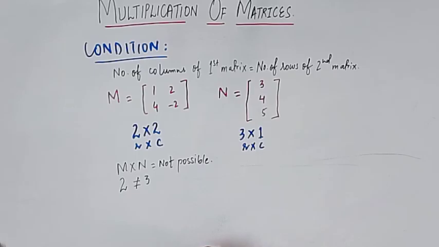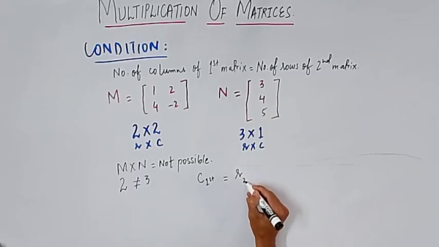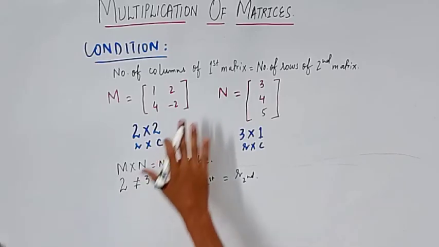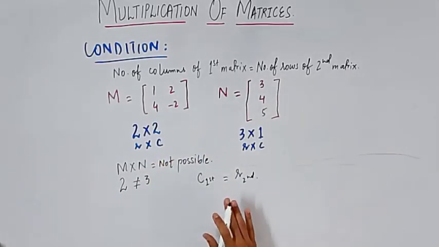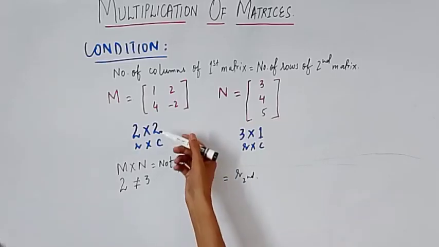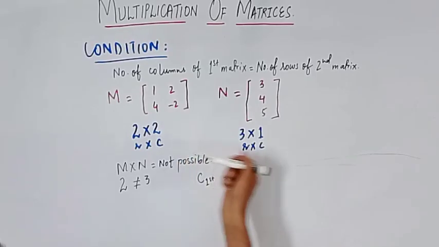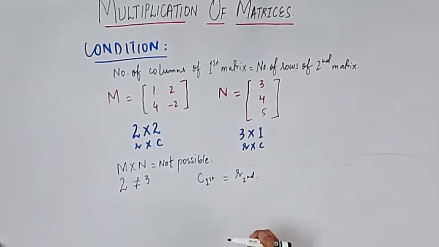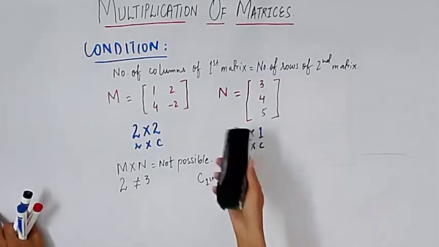You will be able to multiply two matrices if the number of columns of the first matrix is equal to the number of rows of the second matrix, which is not the case over here. Right now there are 2 columns in the first matrix, so there must be 2 rows in the second matrix. Obviously we cannot change the question, but to understand the multiplication of matrices, we need to fulfill this condition. So let's work on the same matrices by changing it.